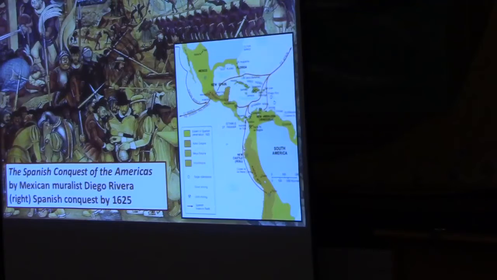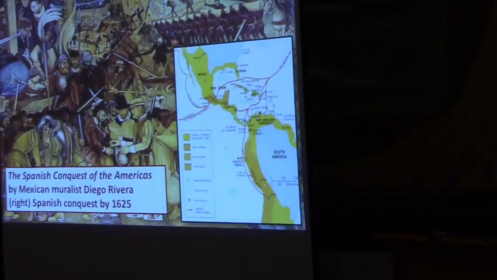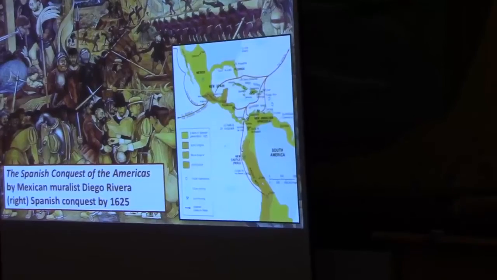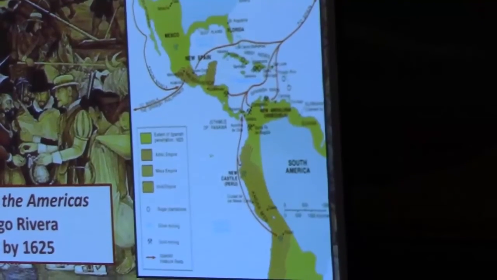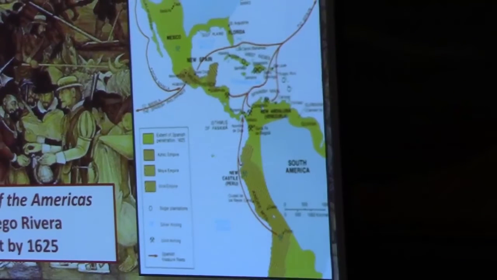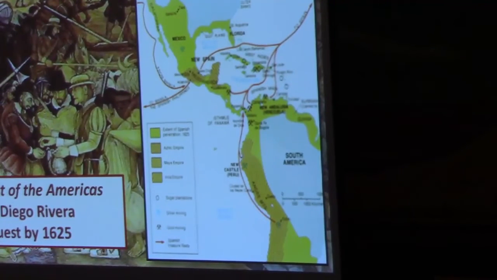This empire is fundamentally structured to extract silver and to ship it back to Spain. Later there will be some agricultural settlement, Spanish agricultural settlement, but this is a different pattern of settlement that we're going to see in the North American colonies. There's not a lot of Spanish farmers. There's basically Spanish elites, warriors settling in the Americas, and being organized by the Spanish state into essentially facilitating the export